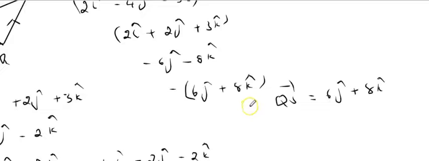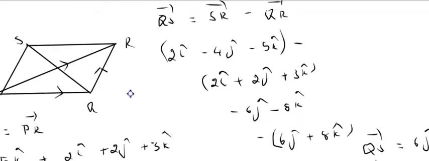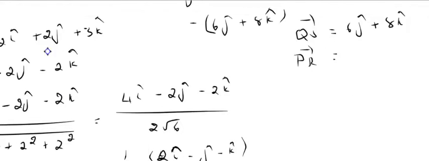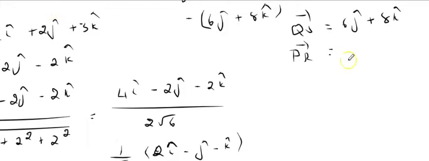So we have found out the diagonals. So diagonal PR is equal to, we found out to be 1 by root... So PR vector is equal to, so it was PR vector, right? PR vector we found out to be 1 by root 6 times, sorry, that was the unit vector, I'm sorry. So we have to find out the unit vector for QS also. So that will now give you, unit vector for QS is now going to give you